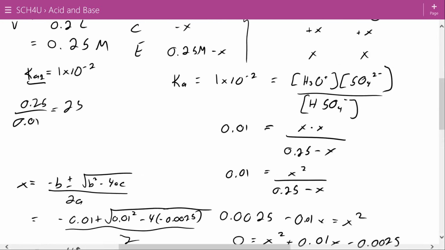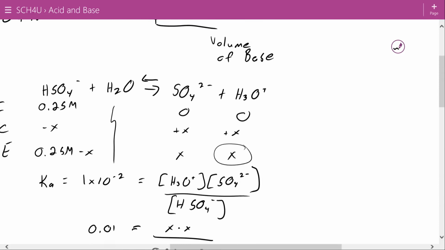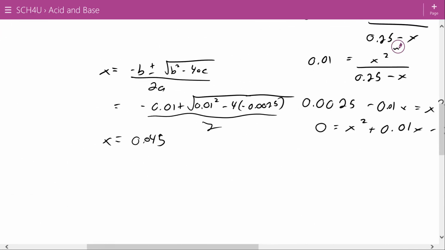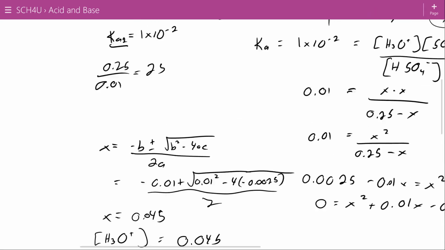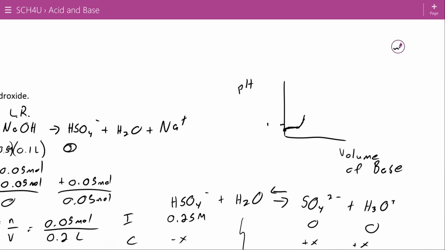So with that in hand, if I go back up to my original equilibrium and I look at my H3O+, I can see that x gives me my H3O+ concentration, so this concentration of H3O+ is 0.045, which means if I want my pH, I can log it directly. And that's going to be negative 1.347. Remember, it's negative log, so negative negative, or just a pH of 1.347. So this equivalence point that we talked about right here is going to swing up through 1.347. It's going to sort of level out at that point and continue to increase as a weak acid titration would